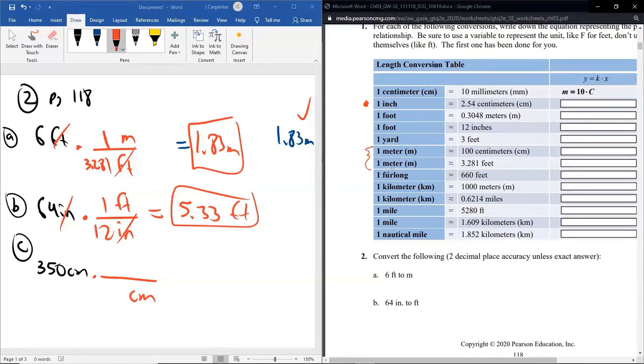So you could use these two, or we could use the, again, 1 inch is 2.54 centimeters. And then do they actually even put it in here? Yes, 12 inches is 1 foot. So you can use these two paired together, or you can use these two paired together. It doesn't matter which ones you use. There are always going to be multiple paths to a destination if there's a middleman. You just have to be able to connect the dots. So I'm going to go with the top one. I'm not going to show the second one. You can certainly do it on your own if you prefer, and you will hopefully get the same answer as